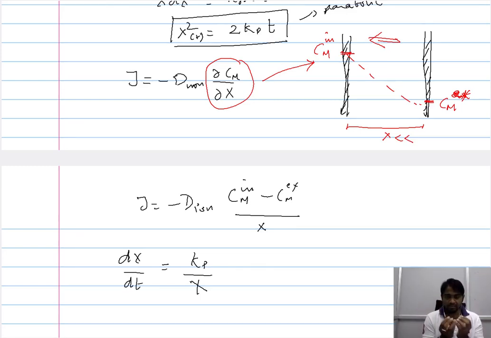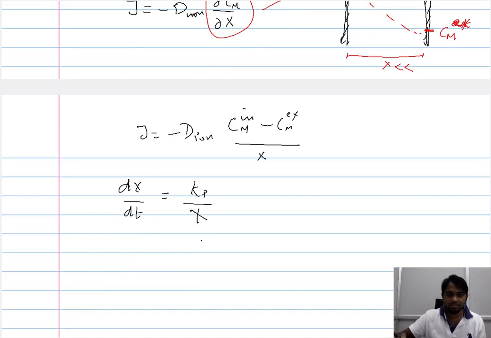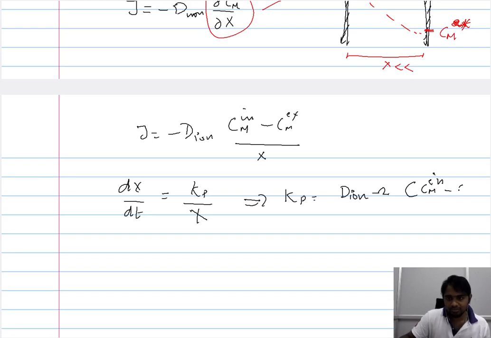Since both these are fundamentally dependent on the same parameter, that is the same event, that is the migration of ions across the metal oxide, we can relate these two and arrive at an expression for the proportionality constant, the parabolic proportionality constant, which is of this form. So all that we are doing is we are considering the difference in the concentration of metal ion externally and internally. We have the diffusivity term here, and here there is a new term that talks about the atomic volume of the metal ion that is diffusing.